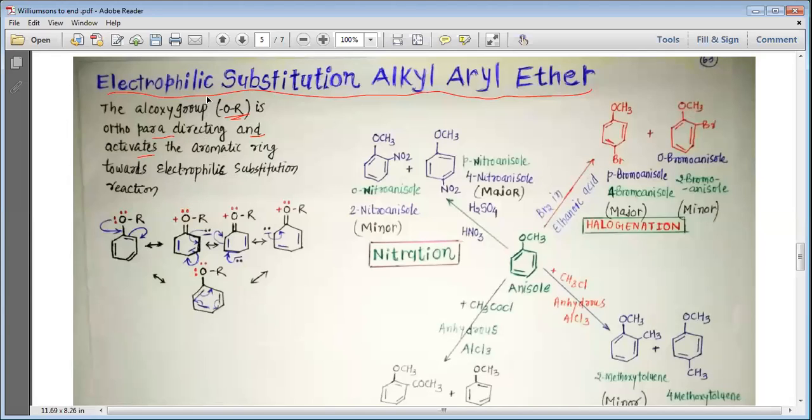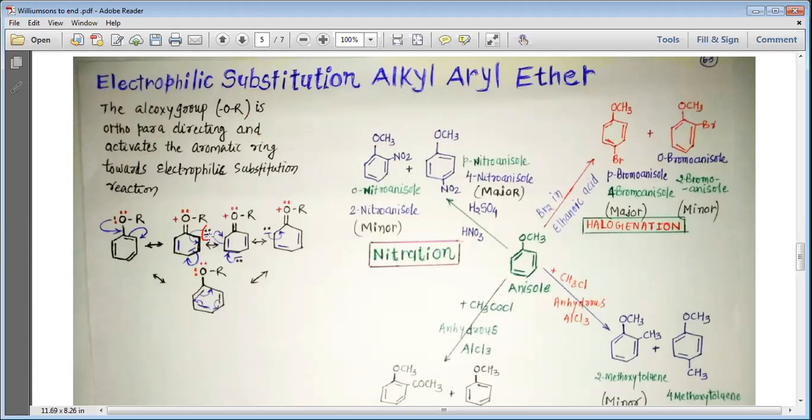Now, the reason why the alkoxy group is ortho-para directing: you can see that this is the ortho position, this is the para position, and this is again the ortho position. The electrophile is E plus. E plus can easily attack the carbon where you get the negative charges, and the negative charges are formed on